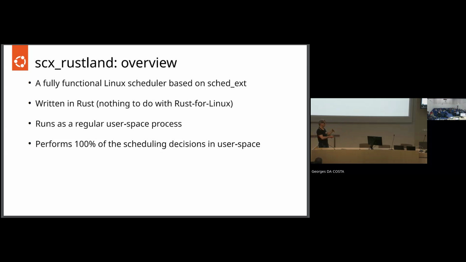There's a cool thing: the BPF part needs to schedule the scheduler, so the scheduler needs to schedule itself somehow. And the BPF part is very minimal. It just bounces the task with a payload of extra information that is provided to the scheduler. And then all the scheduling decisions are made 100% in user space.